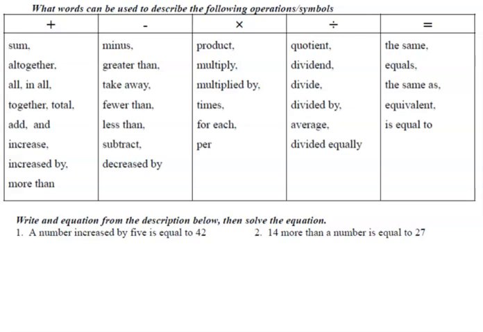So when it says to write an equation from the description below, then solve the equation, we have to write it first. So a number increased by 5 is equal to 42. Anytime it uses this phrase, a number, that's where you're going to put a variable. You can use the letter X, you can use the letter N for number, you can pick any letter that makes you happy. So I'm going to say N for number, increased by, so when I look at my chart, increased by is a plus 5, is equal to